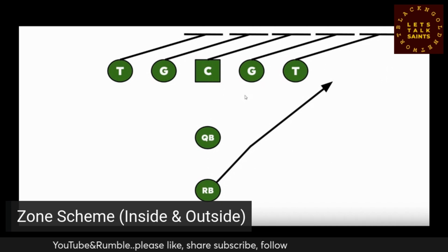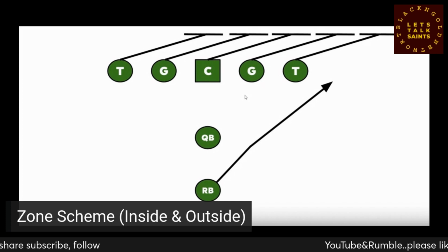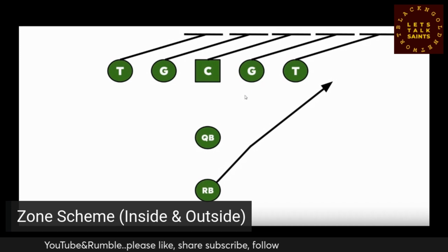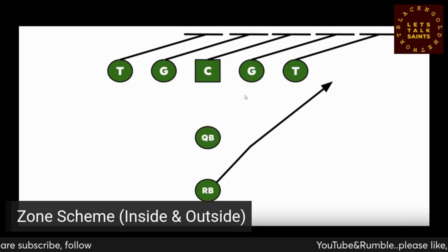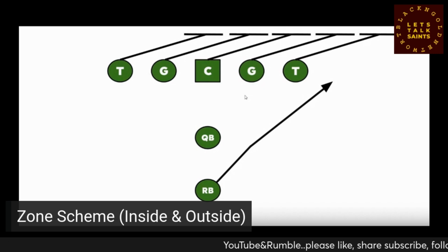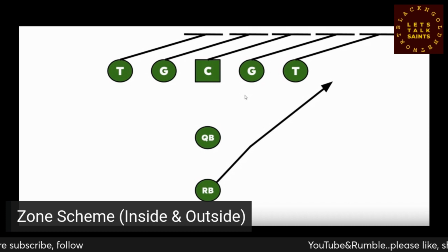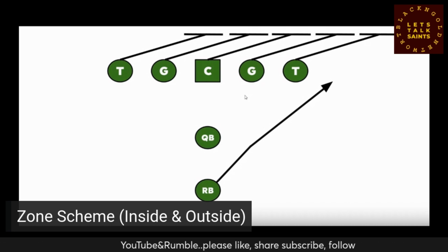A lot of the responsibility in a zone scheme in creating space is more on the running back identifying where the space is being created, getting through there, getting upfield, gaining yards, and doing it quickly. He can't dance around back there, because in no way is this blocking scheme designed for him. He has to be patient for the space to develop, but then he has to be decisive and get to that space and get through it as fast as possible. Because